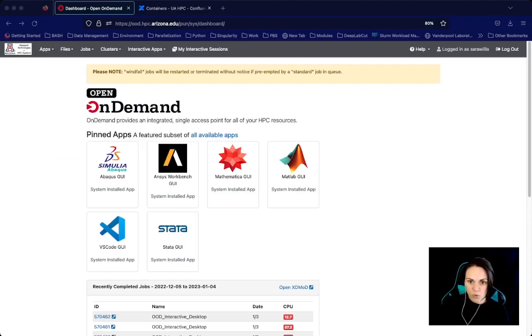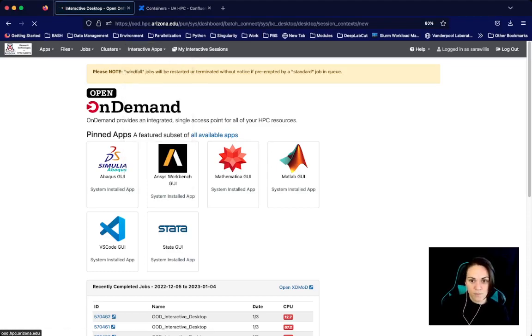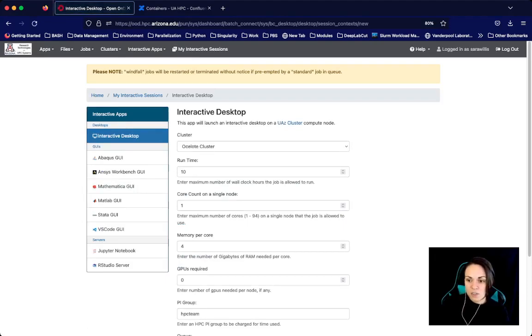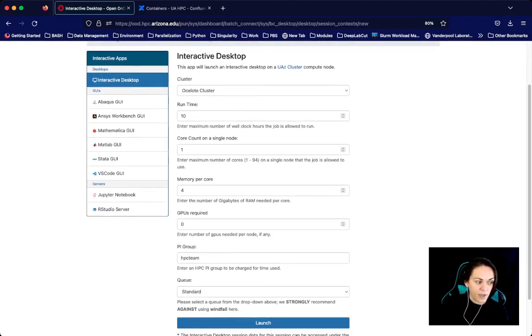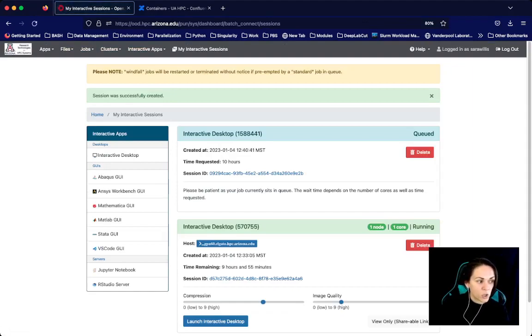will see this dashboard. We're going to be using a virtual desktop session that can be found under Interactive Apps, Interactive Desktop. This will take us to a web form. This web form is where you fill out the cluster you want, the compute resources you need, and your accounting information. Once you click Launch, this will submit a Slurm batch job, and it will be shown as a tile